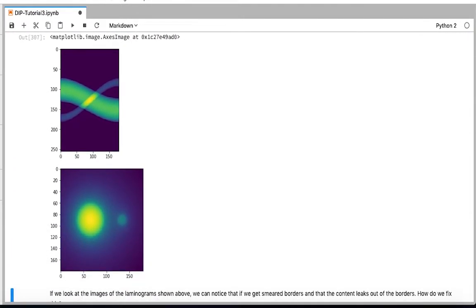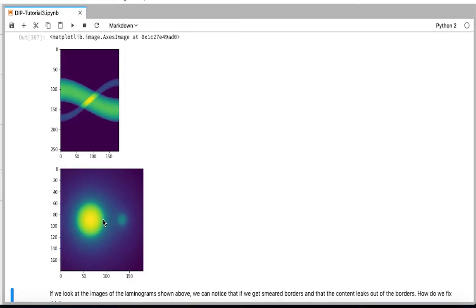So if you observe, this is not exactly our object, because you don't have any intensity outside the tissue. What you see here is some intensity spilled out from inside towards outside. Let's see why this happens. This shouldn't happen. Right now you can see that there are two objects,